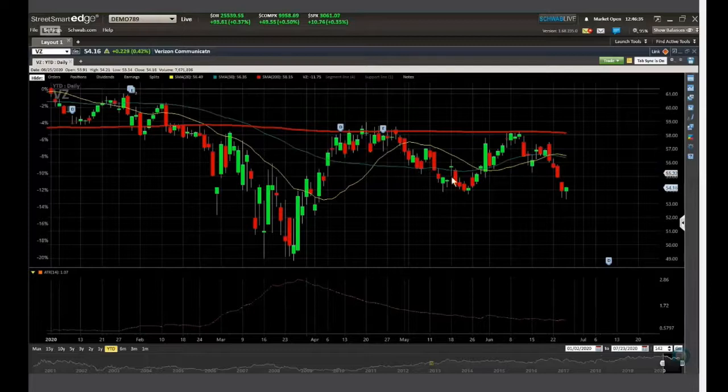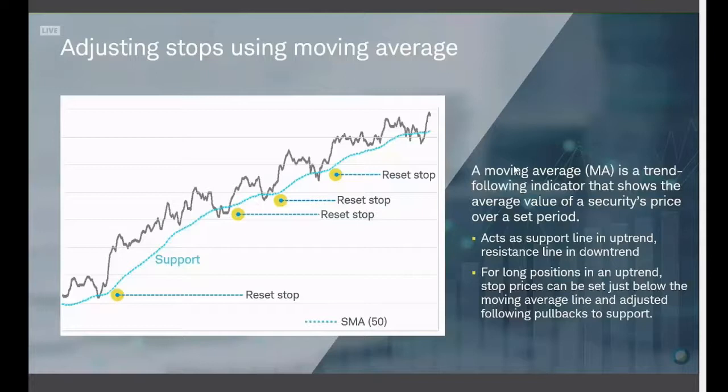This one, Verizon doesn't seem to pay too much attention to either the 20 or the 50. Likes the 200, yes, but the 20 or the 50, in this case, because it doesn't seem to hit off of it many times, at least since the recovery on March 23rd, that is not something that I would be giving a lot of credibility to. It just hasn't given it the necessary oomph or gumption or gusto or focus or any other cool word that you want to think of.